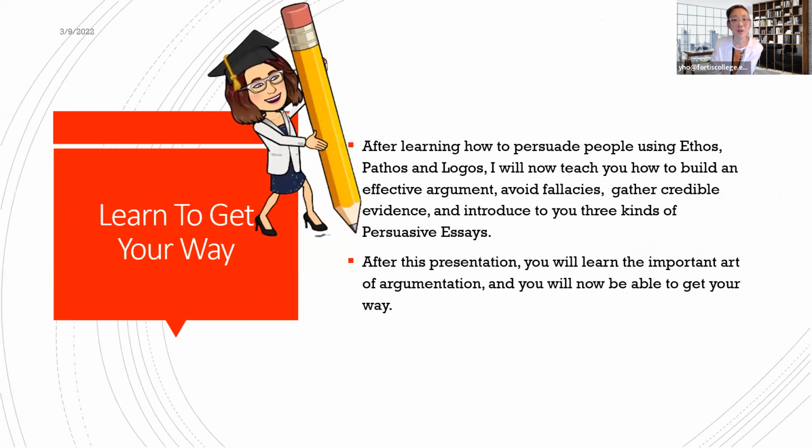So now we're going to start the actual topic. After learning how to persuade people, you have to use pathos, logos, and ethos. Ethos means that in order for you to have a persuasive argument, you have to have ethos, which is credibility. You have to have pathos, which is appeal to emotion. You have to have logos, which is appeal to logic. If you're missing any one of those Aristotle appeals, then your argument becomes not very good, or a fallacy, or